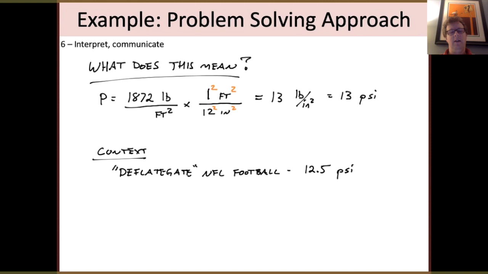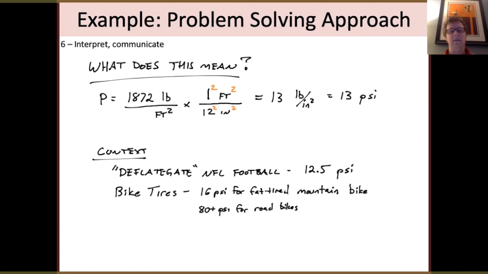So for example, you may remember the Deflategate controversy over what pressure NFL footballs were at a few years ago. Those were at a minimum pressure of 12.5 psi. So the football that's being thrown around on the field is at about the same pressure that I would require inside of my squirt gun to make this work. Similarly, if we think about another child's toy, bicycle tires, there's a wide range out there, but bike tires are going to commonly range in, perhaps the teens would be an extremely low value. That'd be sort of a modern fat-tired mountain bike,